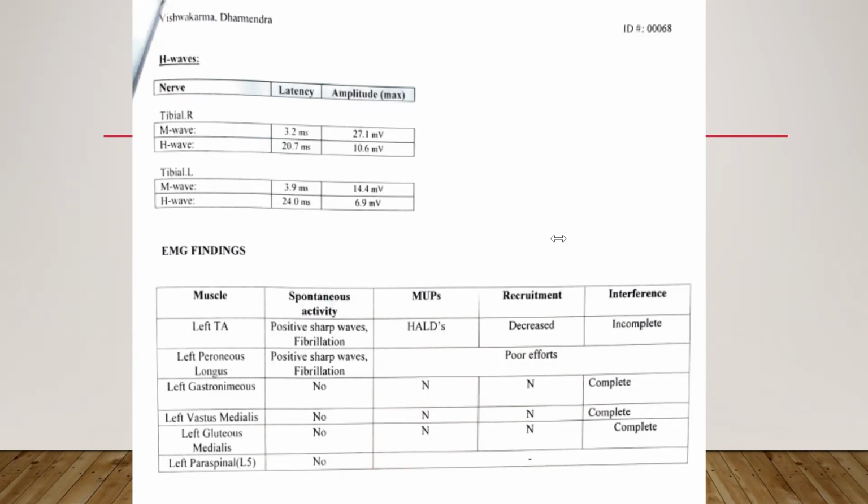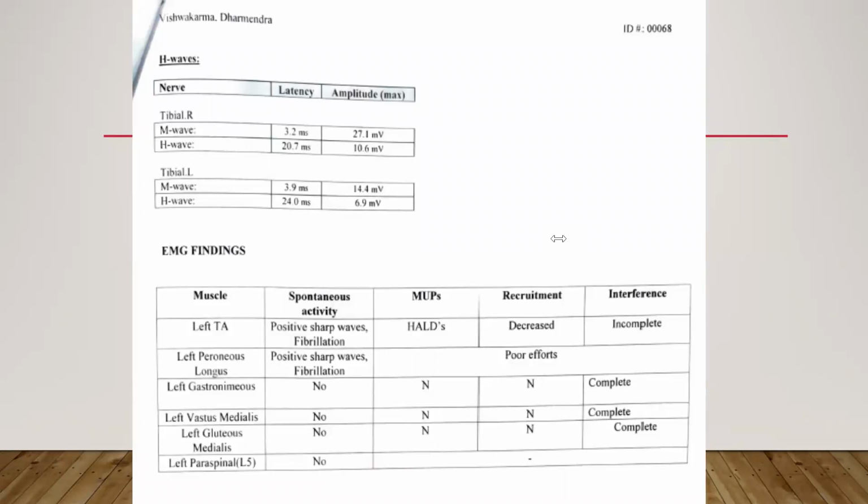So how will you know if the foot drop is because of the L5 root, or because of the lumbosacral plexus, or because of the sciatic nerve, or because of the common peroneal nerve? Yes, ma'am. So how will you differentiate them? Firstly, clinically we'll see. Clinically only I'm asking. So firstly, ma'am, if it is only the L5 root, then we'll have